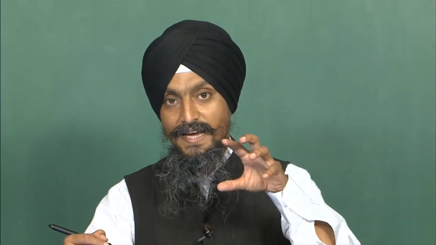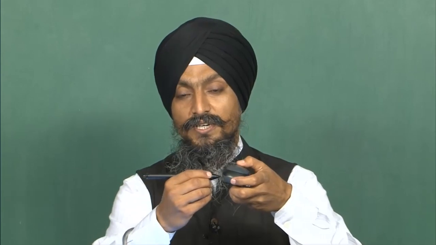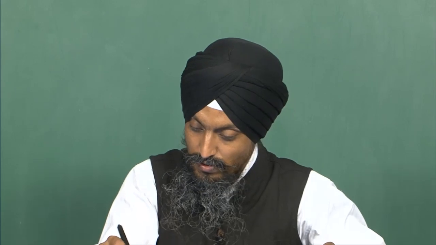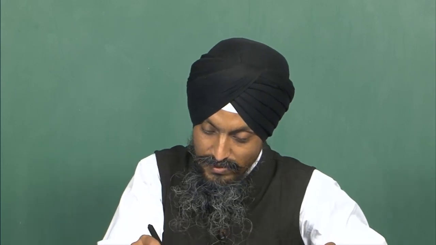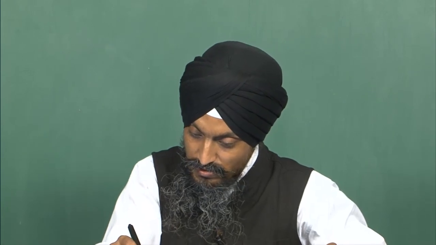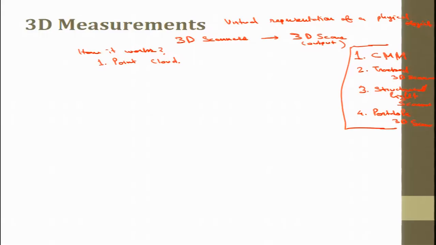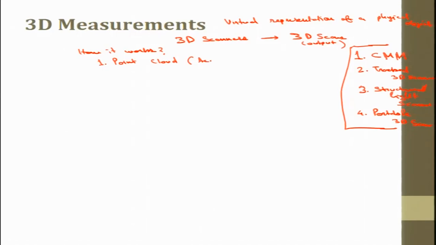So how does 3D scanning work? When we use a CMM machine, it will try to touch the points. The first step it produces is the point cloud. Point cloud is actually the acquisition of the data or the shape, whatever we are trying to scan. This is the first input I am getting from my surface. So I can say this is the acquisition of the scan.